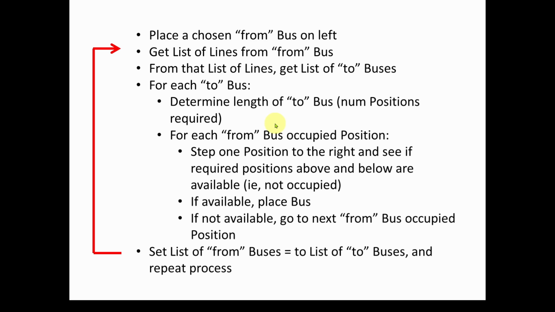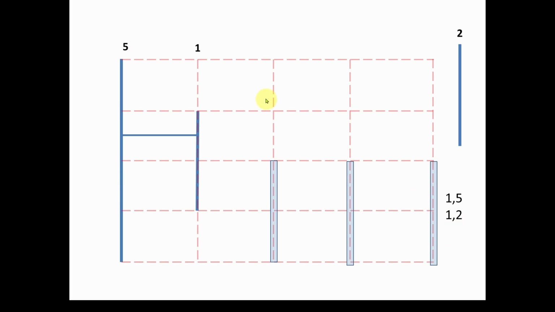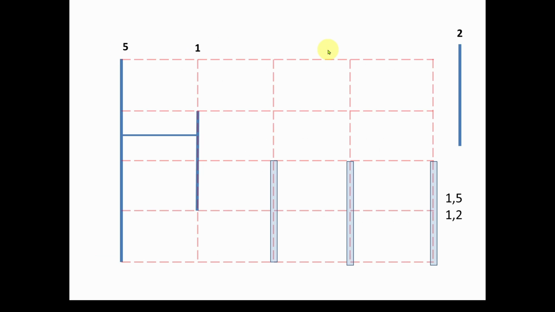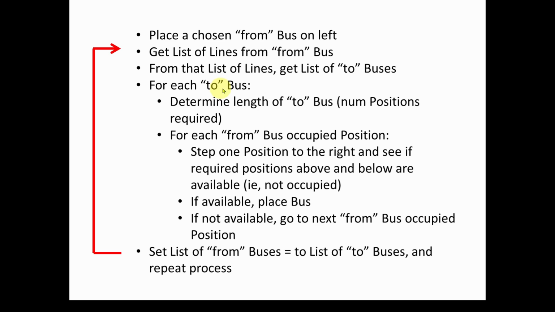So based on that, here is an English pseudocode of the steps we might need to take to place a bus. So we're going to start out by placing a chosen from bus on the left. That's our bus number 5. We're going to somehow choose a bus to start out. You got to start somewhere. And then we're going to get a list of lines from that from bus. What are all of the lines coming out of this bus? Once we've got that, from that list of lines, get all the to buses that those lines are going to. And for each to bus, determine the length of that to bus, how many positions are required,